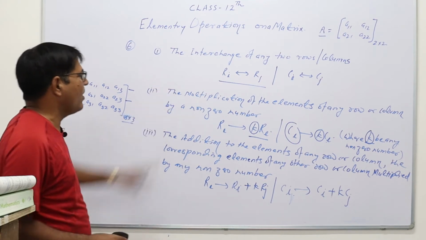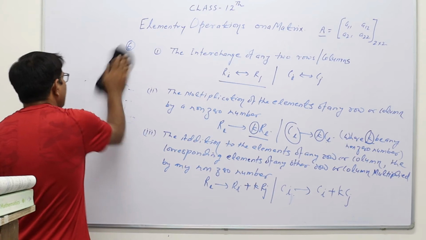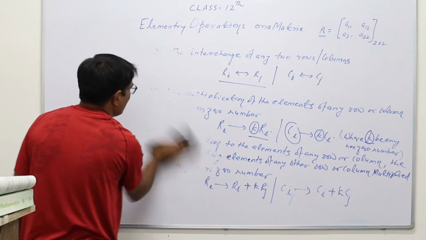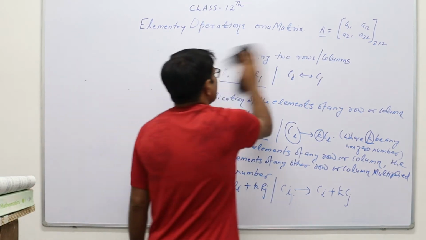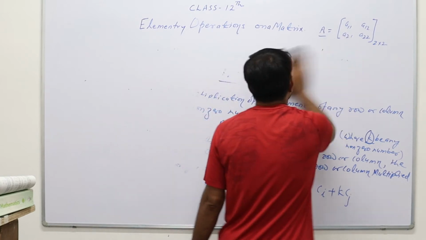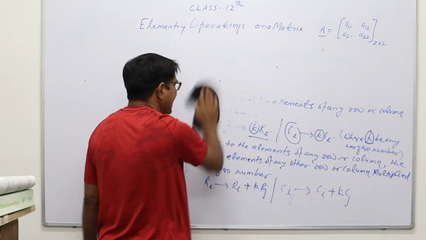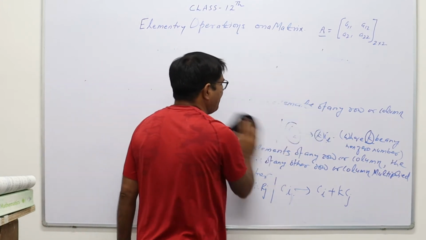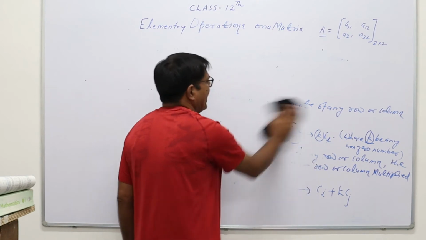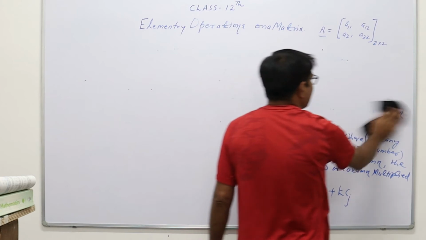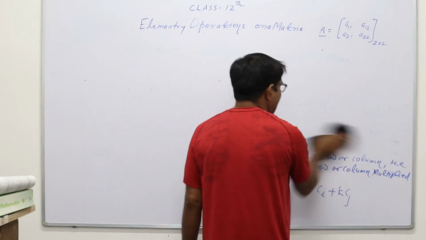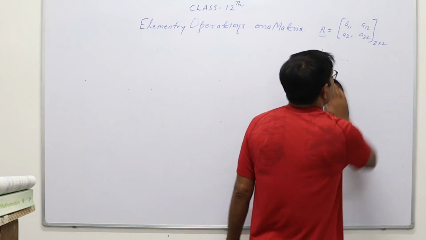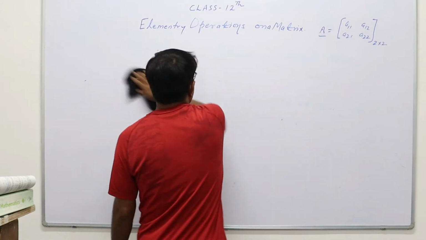So these are the basic operations which we will use on a given square matrix. Now second, invertible matrix. What do you understand by invertible matrix? Let us suppose we are given a square matrix A and there exists another square matrix B such that if we multiply A to B or B to A, and the multiplication of these two matrices is equal to the identity matrix, then B is known as the inverse of the given square matrix A.